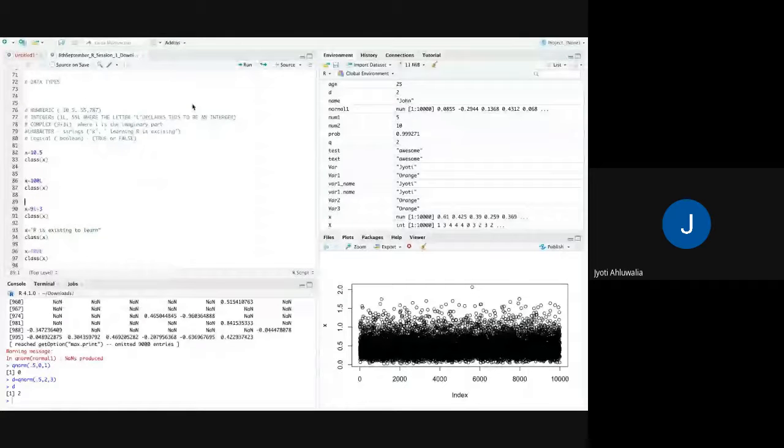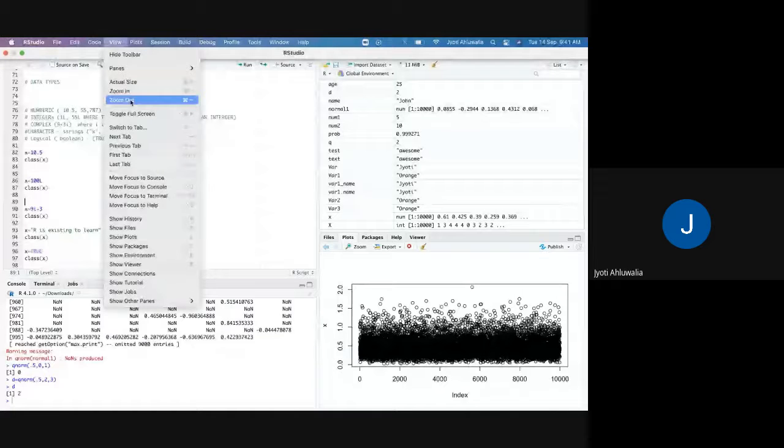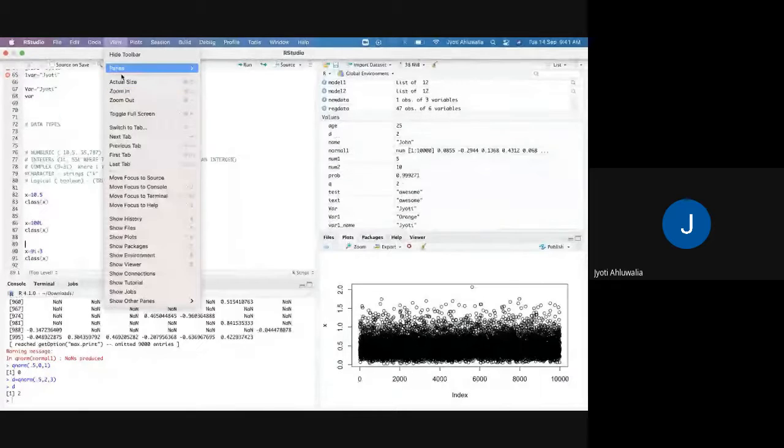So we looked at 4. Let me just enlarge it a bit. Let's see, view, zoom in, view, zoom in.